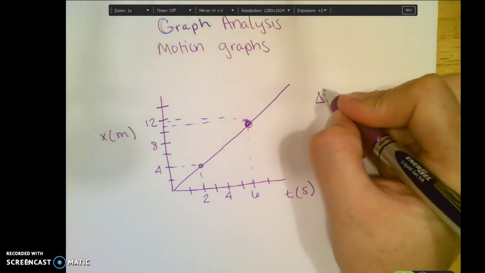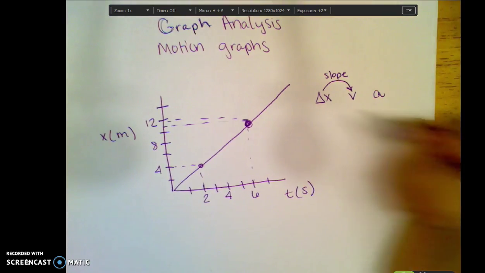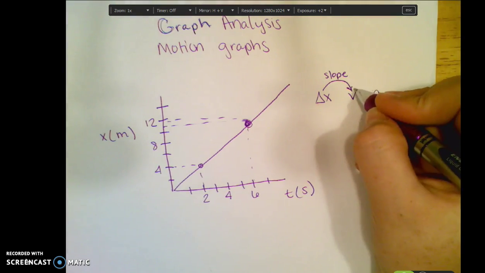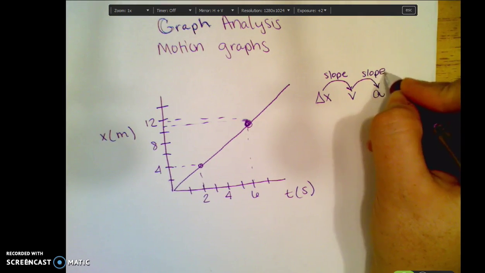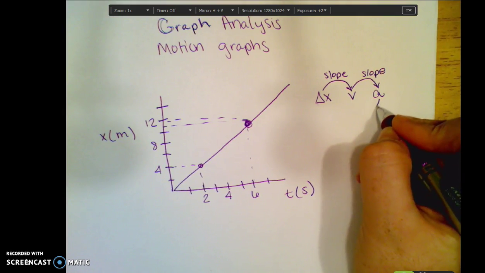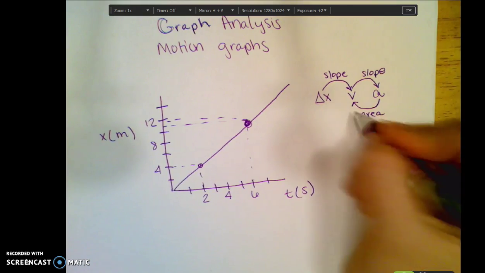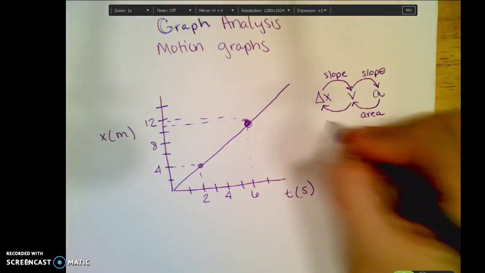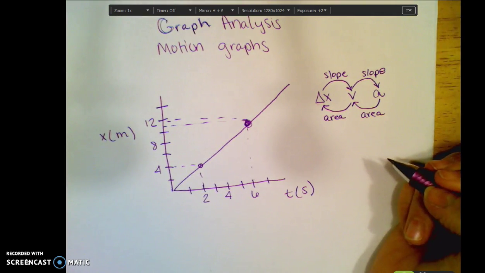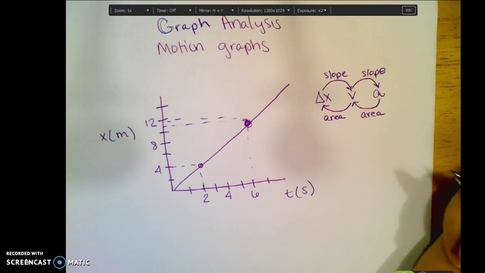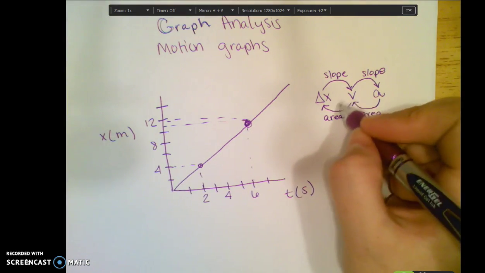Now, to get from a displacement graph to velocity, we have to look at the slope of that position graph. To go from velocity to acceleration, we also look at the slope. To go from acceleration to the velocity, we would look at the area under the graph, and to go from velocity to displacement, we also looked at the area. And the video that I linked onto the content page was very helpful looking at area and slope for position